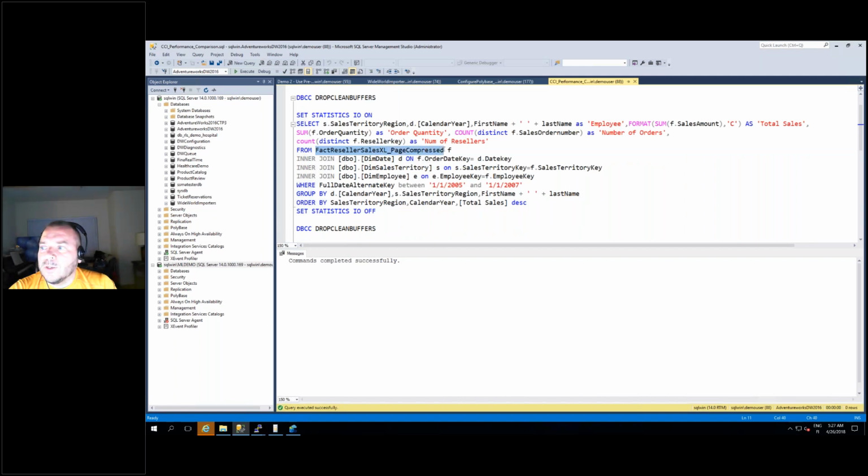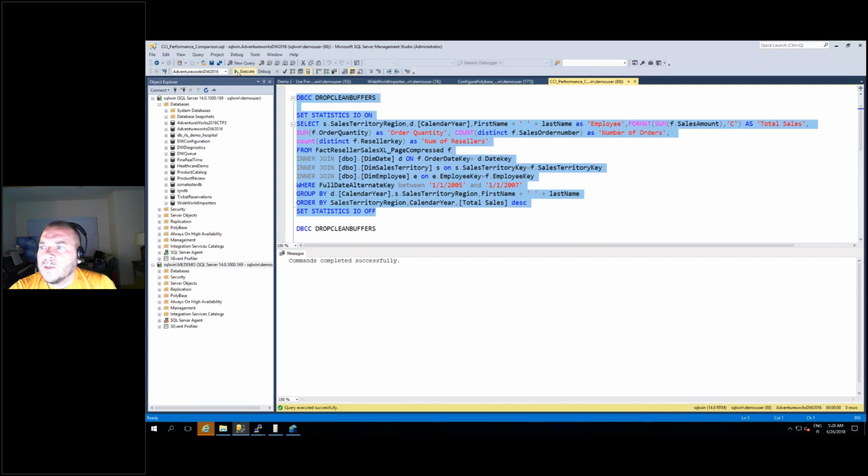So what I have here is a table called Fact Reseller Sales XL, which is using page compression, and it's a relatively large data warehouse table which doesn't have any additional indexes, and I'm running a relatively typical data warehouse query against this table. I use the DBCC DROP CLEANBUFFERS command to clear the buffer cache so that I don't have any page data in memory.